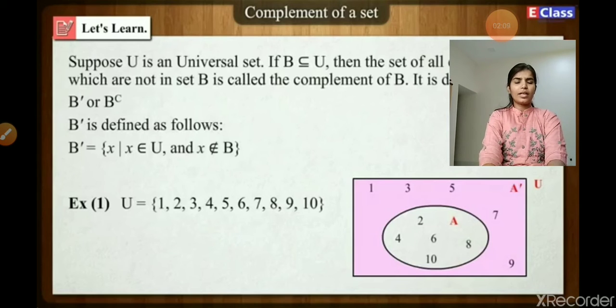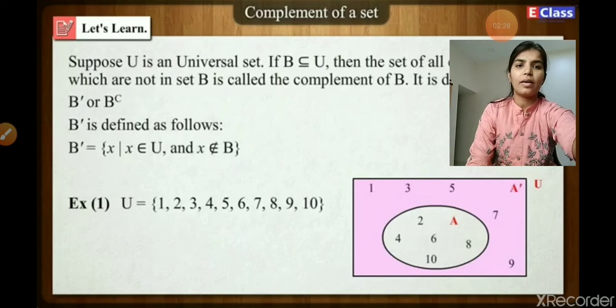So in that set A, we have to find out the even numbers only from 1 to 10. So even numbers from 1 to 10 are 2, 4, 6, 8, 10. Okay. So again you have to represent A by the Venn diagram. So you will see how it is possible.